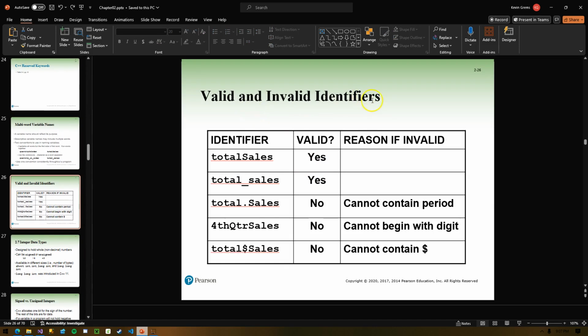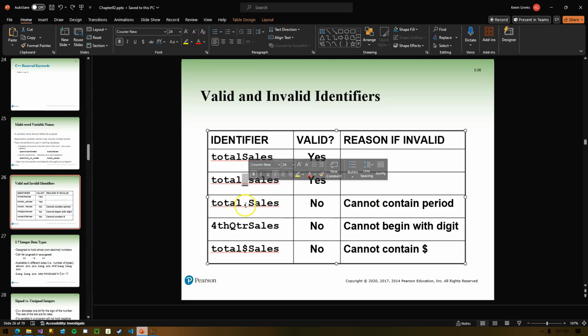Valid and invalid identifiers. Valid: totalSales. Definitely valid. Multiple words, visually separated by the capitalization of the S on Sales. total_sales, yes, definitely valid, separated by the underscore. total.sales, nope, can't contain the period.